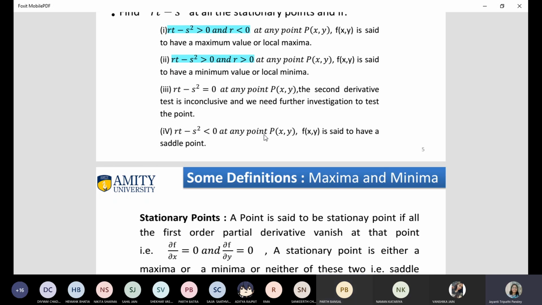When we used to do it in one variable, if you remember, then we used to check odd and even derivatives also, even when you were getting the second derivative as 0. Sometimes the second derivative was 0, but the third or fourth derivative you were able to get some non-zero value. If all derivatives were 0, then it was a point of inflection, right?